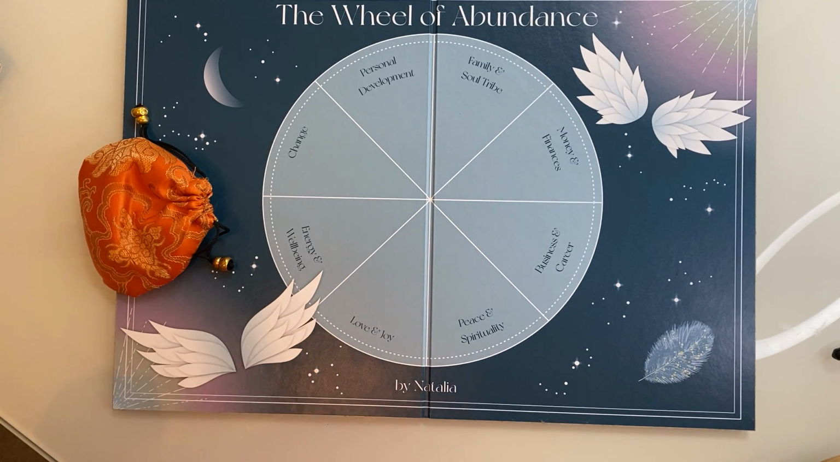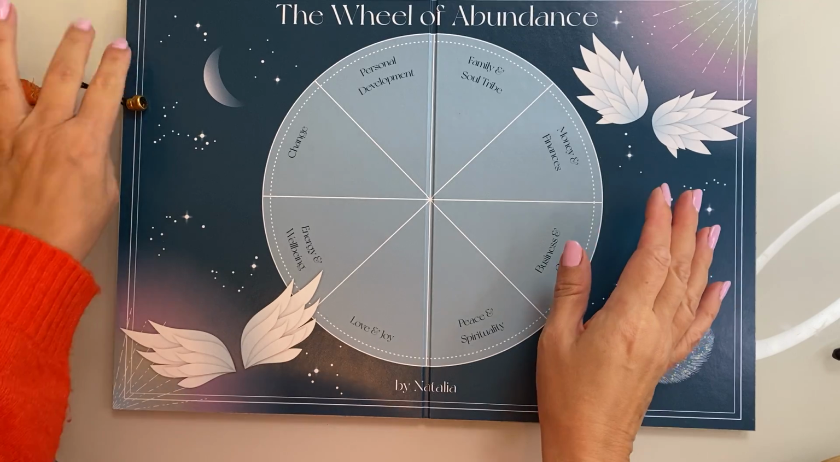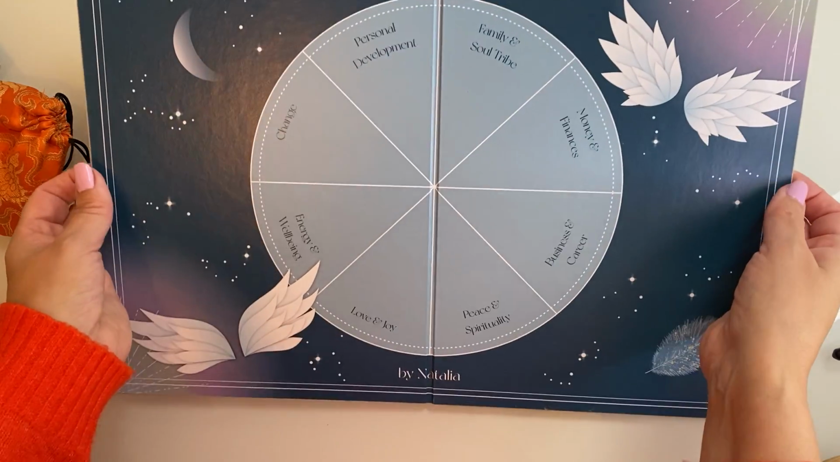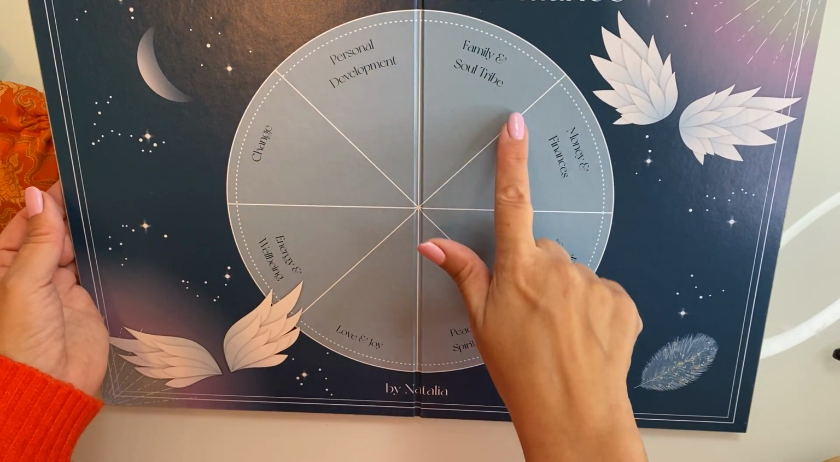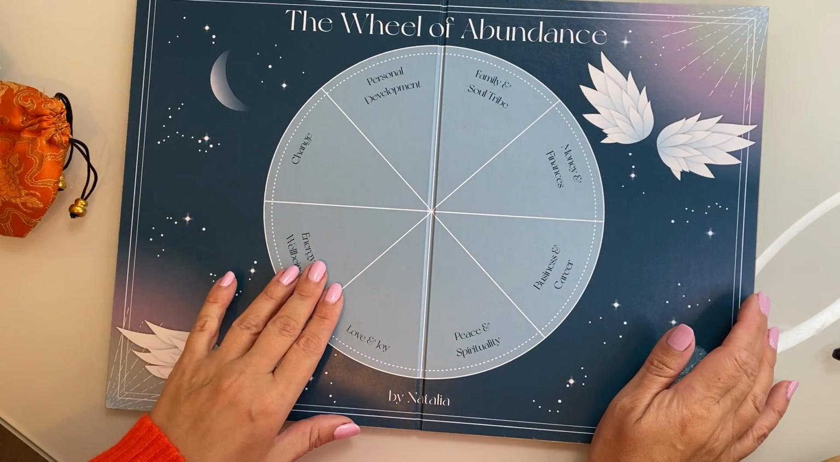Hello there and welcome to this second video in a series of 3 where I'm going to be explaining to you some of the ways in which you can work with the Oracle board and the Wheel of Abundance. So in this second video we're going to be looking at the Wheel of Abundance, which is on the other side of the board. And you'll see here we've got 8 different segments which comprise of 8 different significant areas